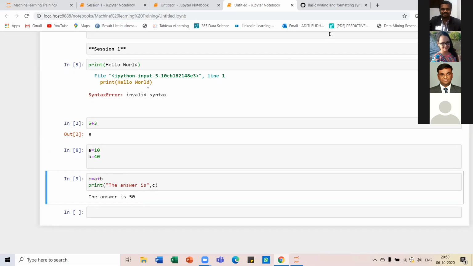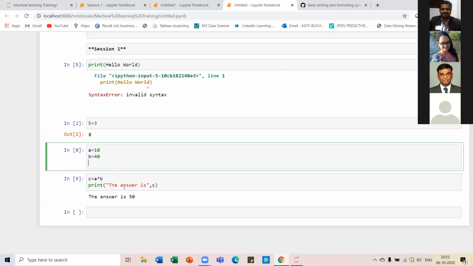Done. Good. You can use some other operator also if you want to explore. You can use multiplication or division.